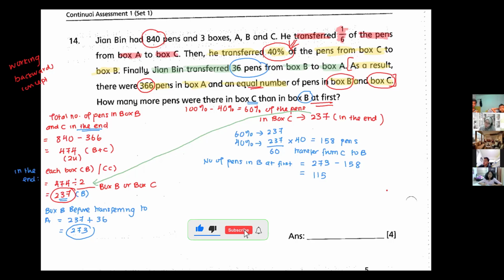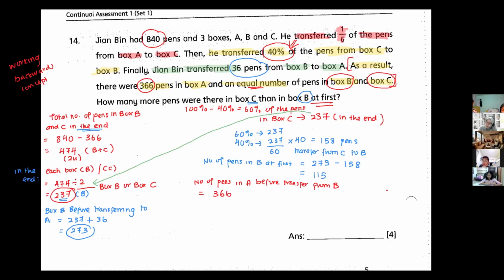We work with that. So number of pens in A before transfer from B equals